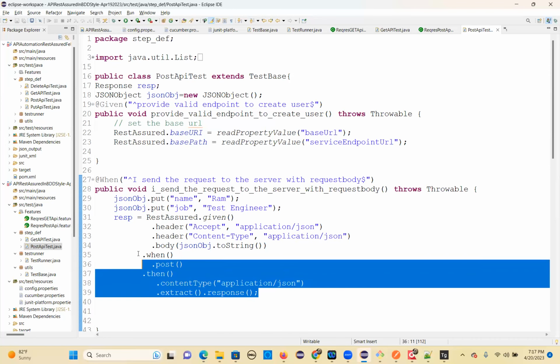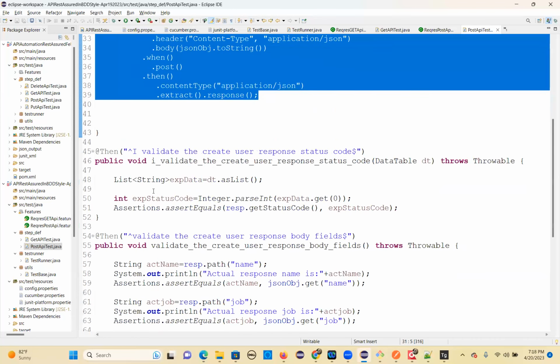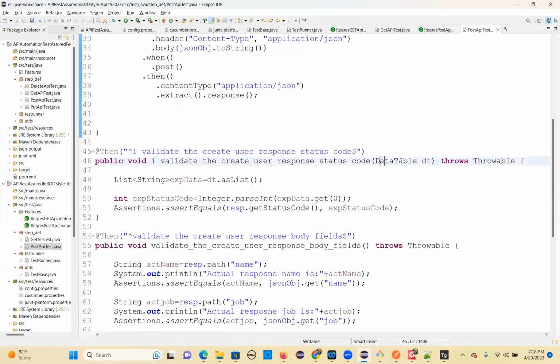Then get the response. Once you get the response, you validate it. So this is a data table concept again, and list of string expected data equals data dot asList method. Data dot asList method, you can use it. Okay, so